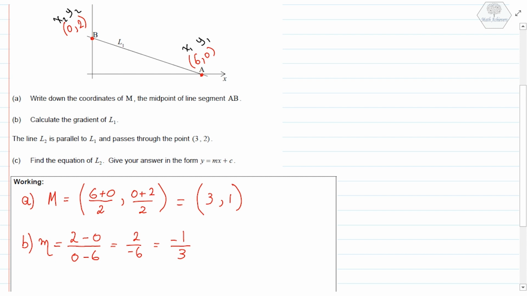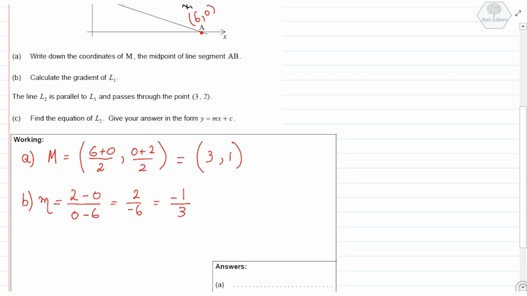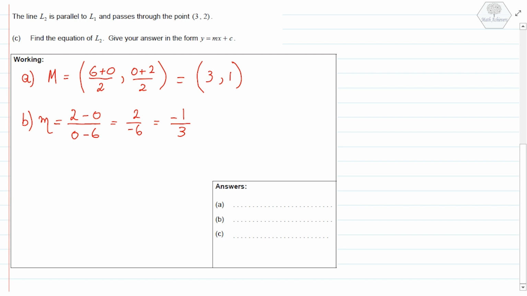After section B, the question says that line 2 is parallel to line 1. Parallel means they have the same gradient, and it passes through the point (3, 2). We need to find the equation of L2. We give our answer in the form y equals mx plus c. Now, since they are parallel, I know for part C that the gradient of L2 is simply equal to negative 1 over 3. So for the equation, y is equal to negative 1 over 3 x